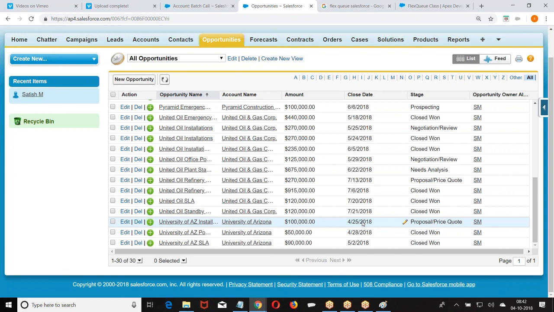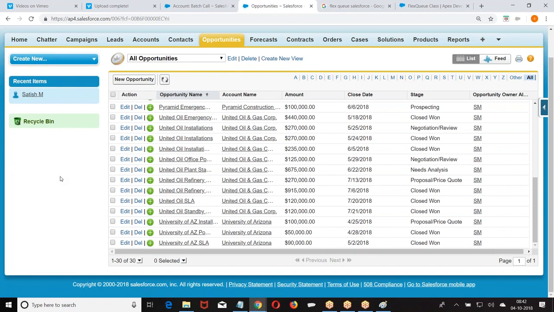Satish, one question on flex queue. Yeah, go ahead. On what basis will we move the job? We will not know what records that particular batch job is executing. When a job is added to the queue, it will be registered with AsyncApexJob. Write a query on AsyncApexJob and you will get a job ID. Based on the job ID, we move it forward or backward. You know what operation is going on.